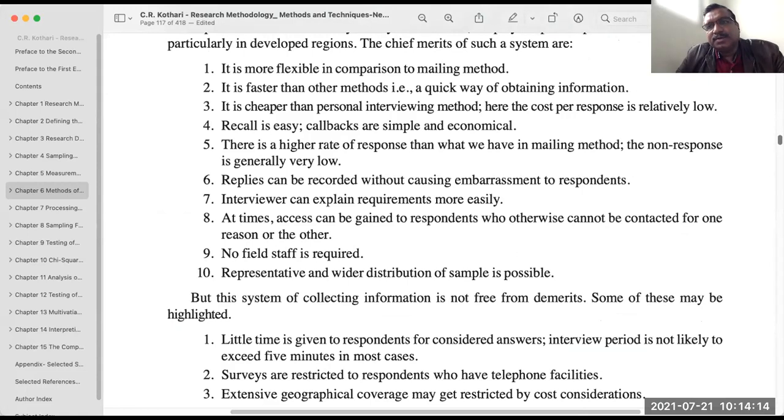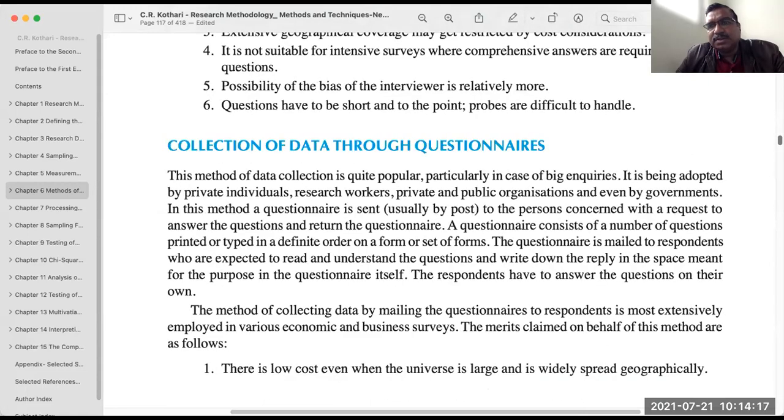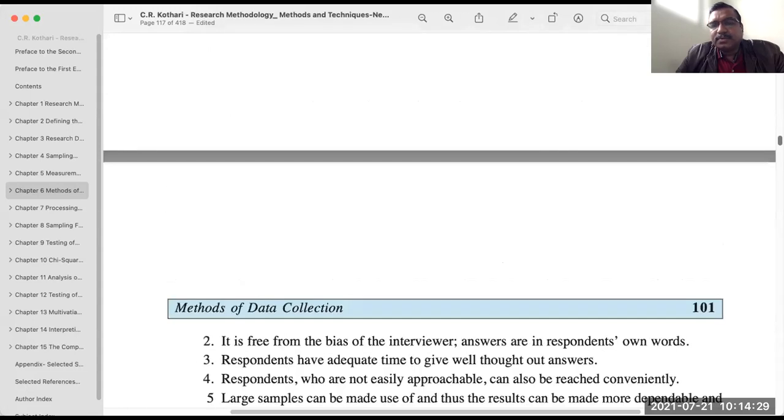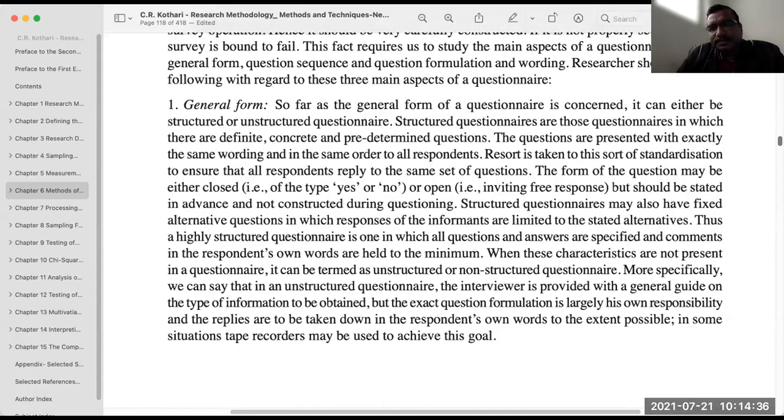What should be in the questionnaire and how to distribute it? Let's say collection of data through questionnaire. A number of people do research using questionnaires, like master's theses. So what should be the content? What should be the characteristics of a questionnaire?